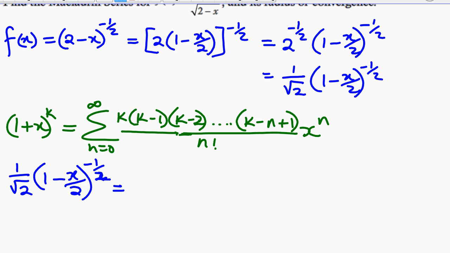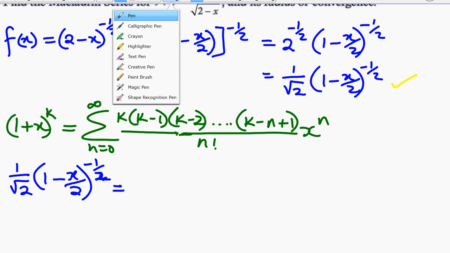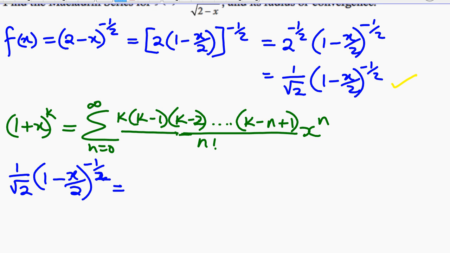So what you're going to do is look for some connections here. In place of x, I'm going to replace that. In place of k, I'm going to replace that. So basically, what I'll end up with is